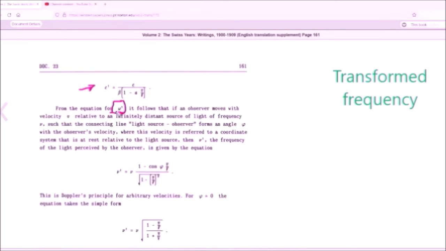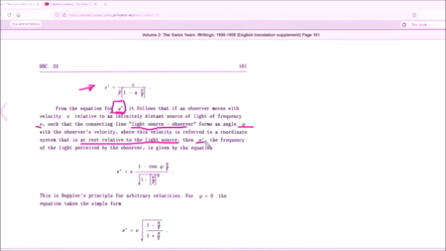From the equation for omega prime, it follows that if an observer moves with velocity v relative to an infinitely distant source of light of frequency mu, such that the line that connects the light source to the observer forms an angle phi with the observer's velocity, where the velocity is referred to in a coordinate system that is at rest relative to the light source,